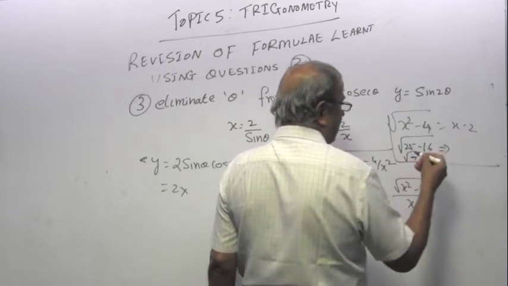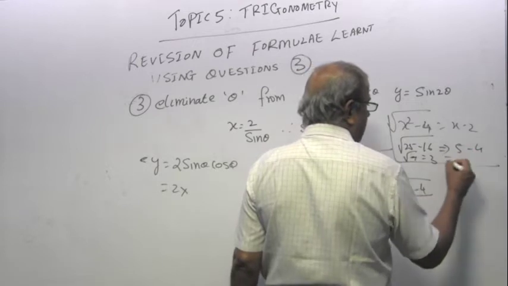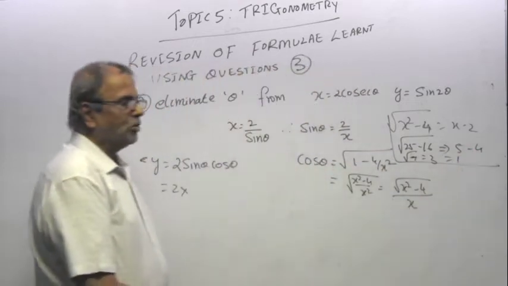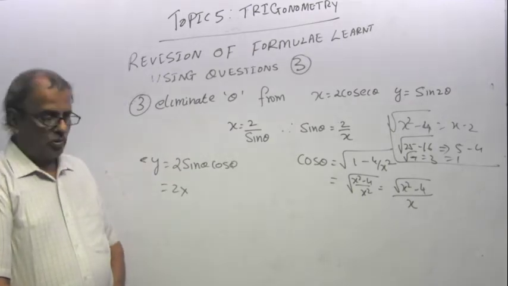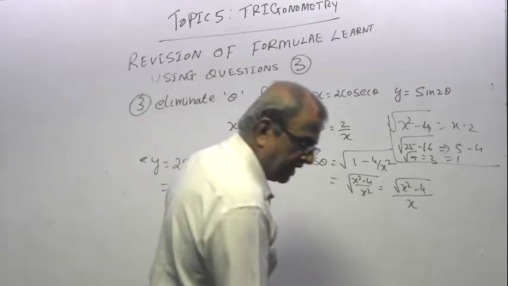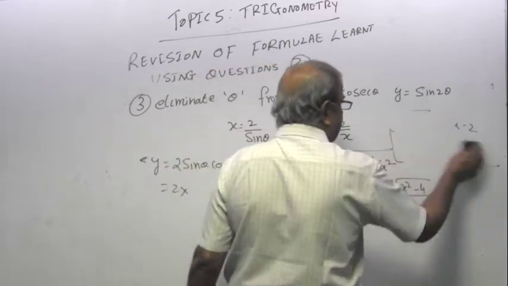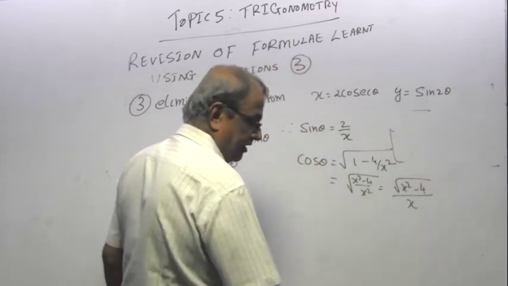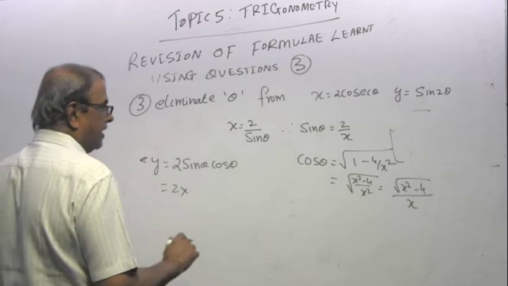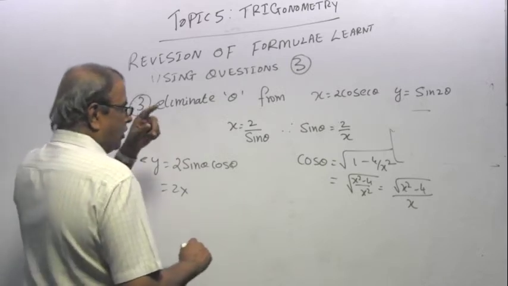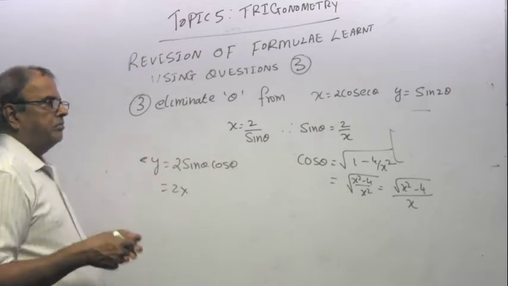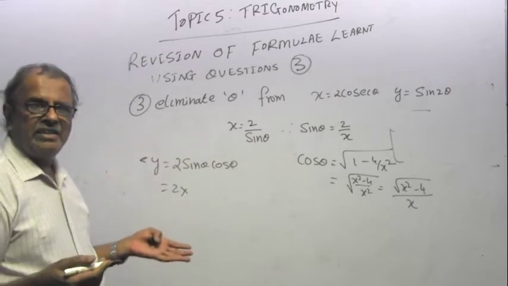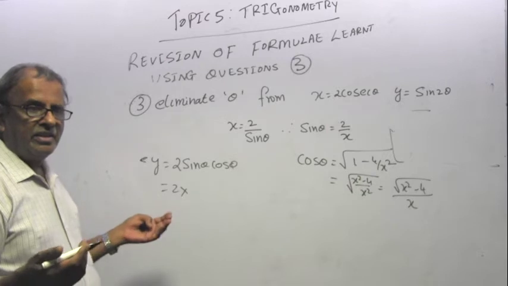Your theory says 5 minus 4 is 1. So you're saying 3 equal to 1, which is wrong. You cannot take an individual square root when it is a plus or a minus. Please don't forget that. I've come across that very many times when I was marking or teaching and giving tests at A level,